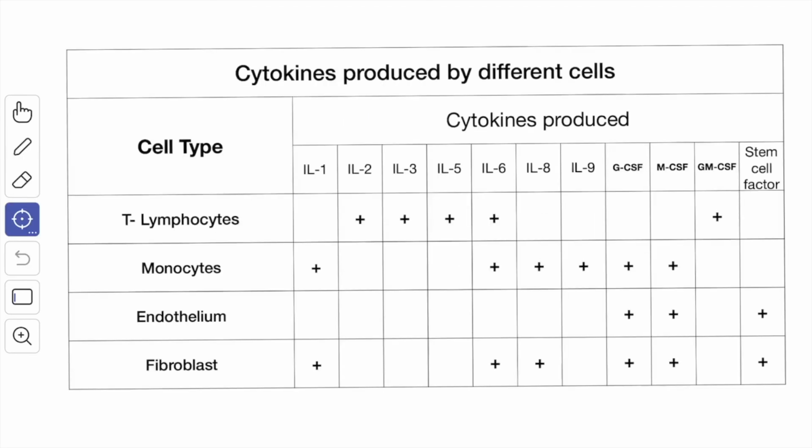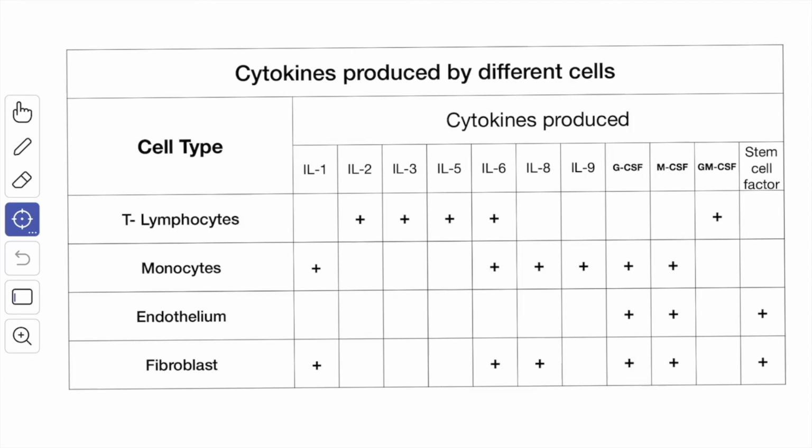Next we'll see about the cytokines, or lymphokines. So we have seen that the T lymphocytes produce cytokines that affect other cells. The main function of these cytokines is to stimulate the production of blood cells and their precursors. Apart from the T cells, the cytokines are also produced by the monocytes, the macrophages, and some fibroblasts and some endothelial cells. Some of the cytokines which are identified are the interleukins, which can be numbered from 1 to 11. So these are 11 known types of interleukin.